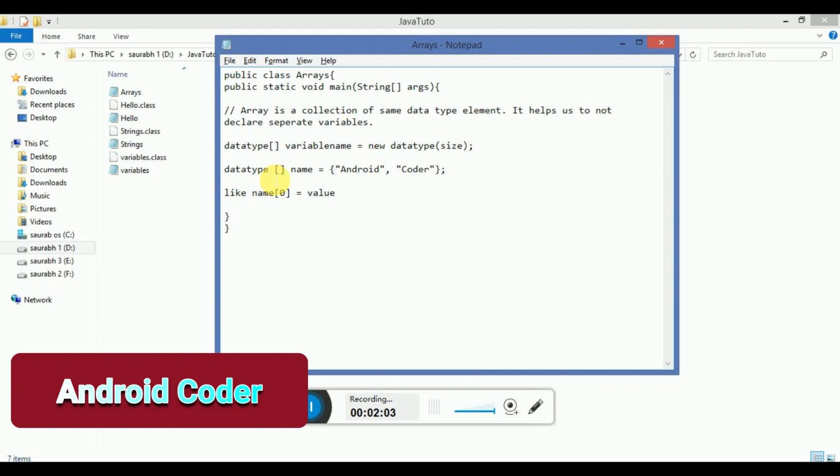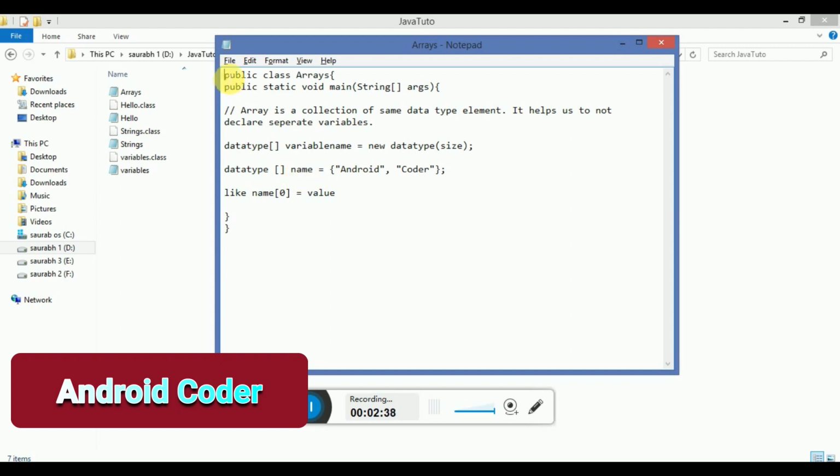One more thing is that the size of an array is fixed, such that if we declare the value 10, then we cannot insert a value at the 11th position. The position in an array starts from the 0th position. That's why an array has a fixed length in Java and all other programming languages.